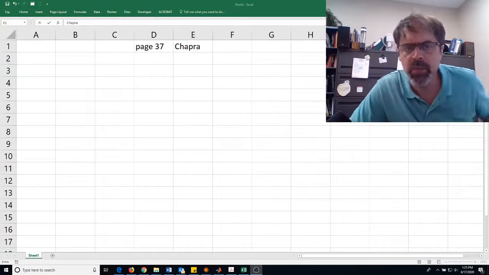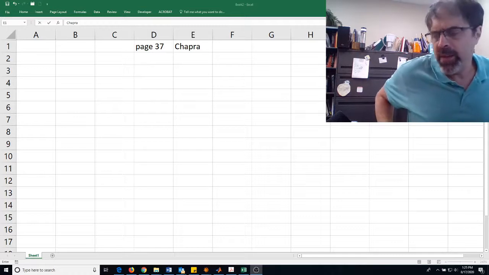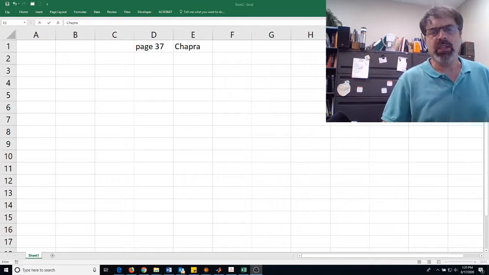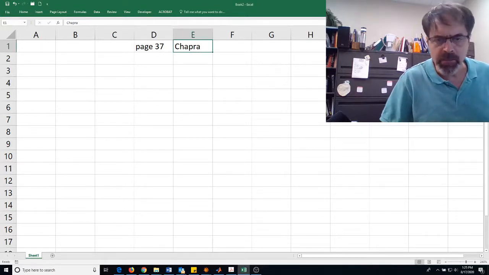Okay, we're going to try to go through page 37 on Chapra where it uses Excel to set up a Visual Basic file. This first part will just be setting up the problem, and the next video will be actually when we get into the Visual Basic part. So following page 37,